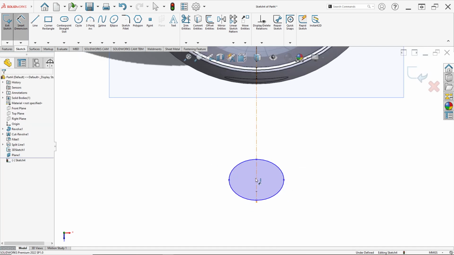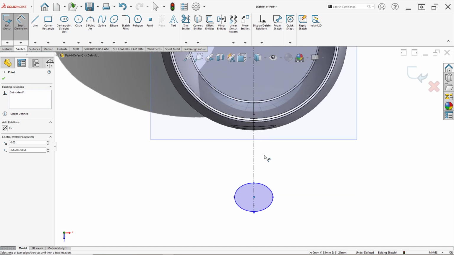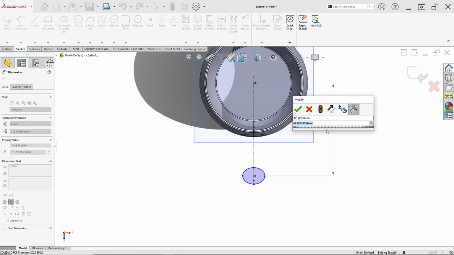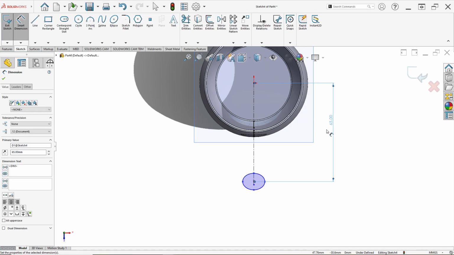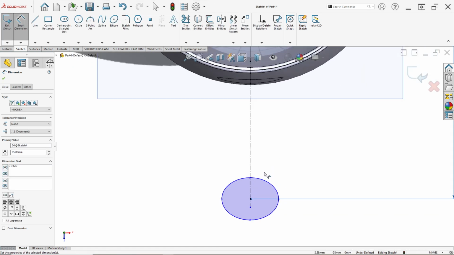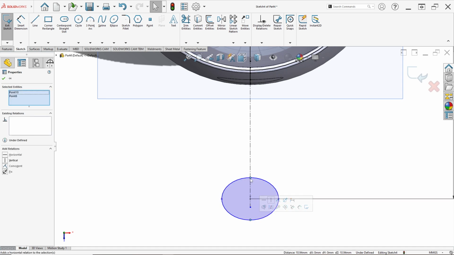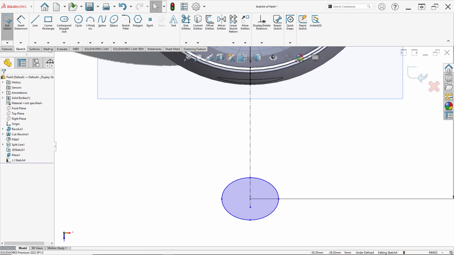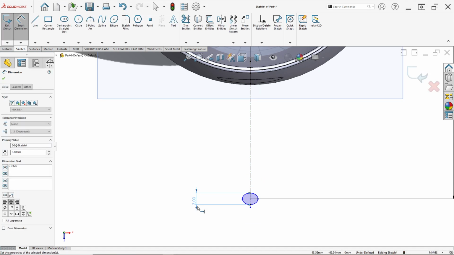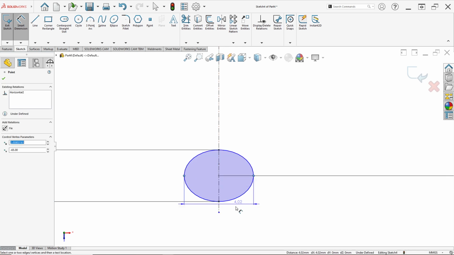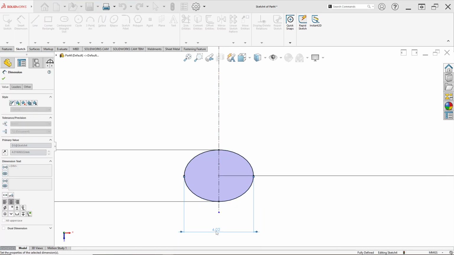Then set the distance from the center of the ellipse to the center of the path to 65 millimeter. Then ensure this line and this point and this point are made vertical, then set the dimension. For the width I set 3, and for the length I set 7.